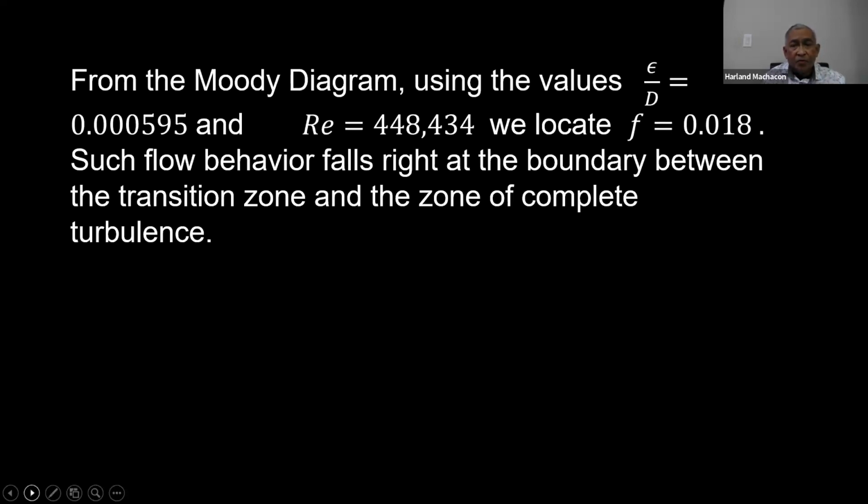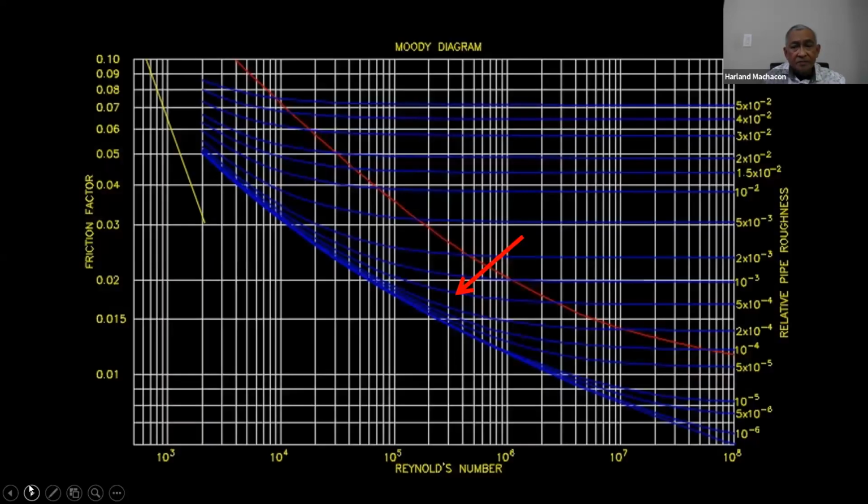And from the Moody diagram, using the relative roughness of 0.000595 and the Reynolds number of 448,434, we locate the friction factor 0.018, and it falls right at the boundary between the transition zone and the zone of complete turbulence,